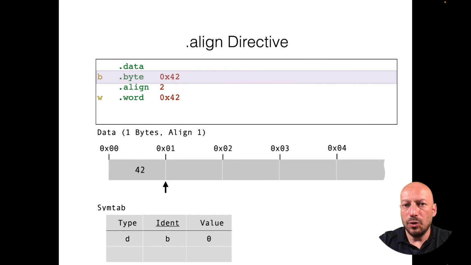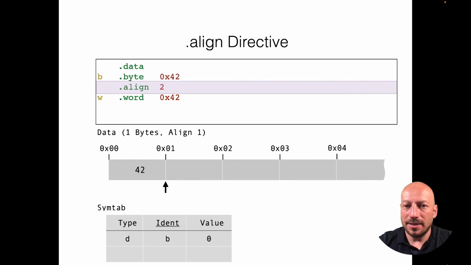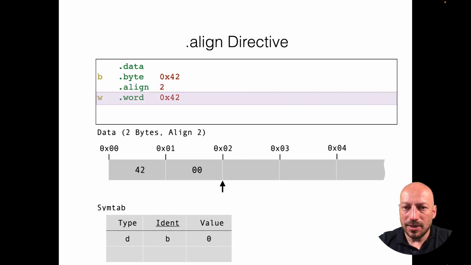To overcome this problem, you can use the .align directive, which I inserted now here. And you see, before we just generate again a byte with label B. And after that, this .align directive tells the assembler to align the data segment to a multiple of 2. And it will, in this case, do that by inserting this padding byte as before. But that means that after this directive is used by the assembler, the counter for the data segment has value 2. That means if we now process the next line, the value for this label used in this directive is